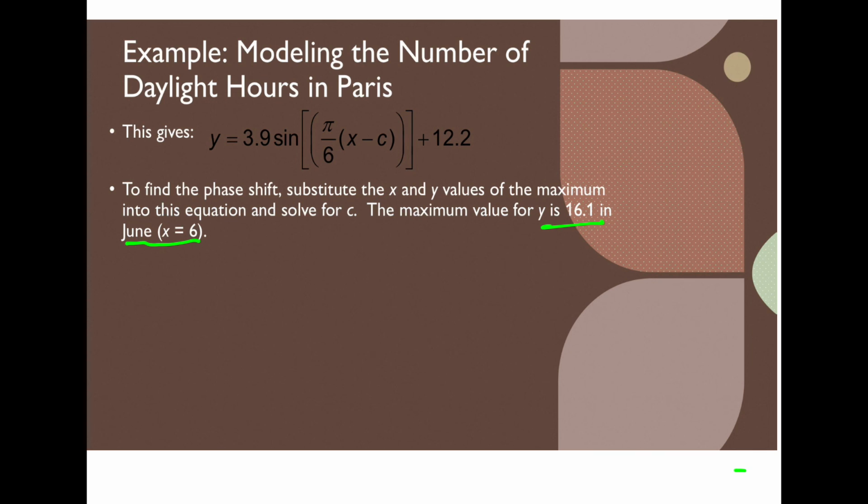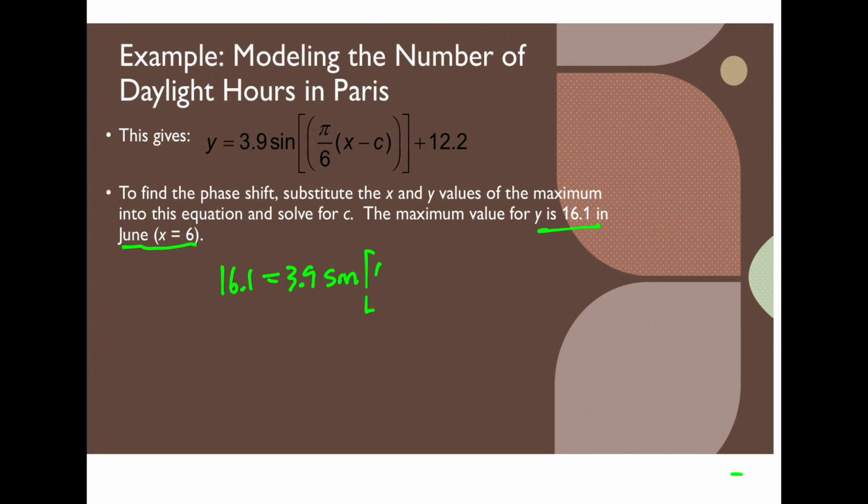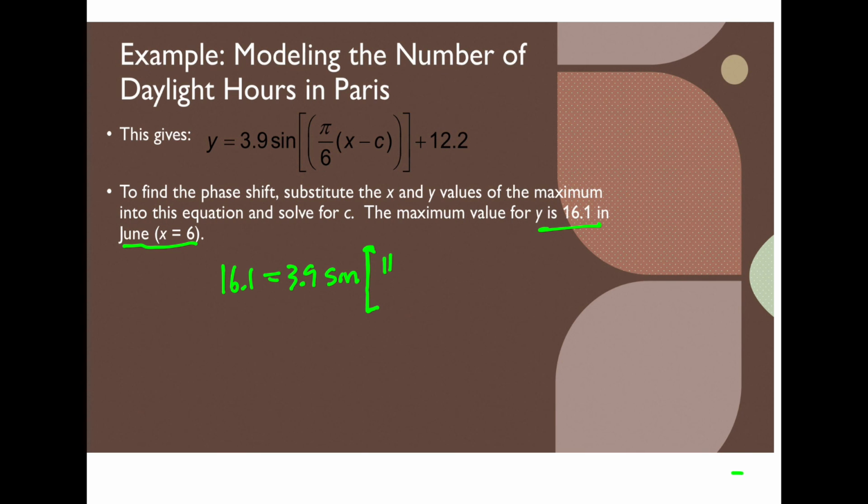They say at June 6th, we have 16.1, and that's our maximum value. So let's go ahead and plug that in. X being the month, right? Month of June is x equal to 6. And so we put that in. That gives me 16.1 equals 3.9 times the sine of... Oops. I don't know why they put that extra parenthesis in there. I'm going to actually remove that. So we already have this parenthesis. So we have sine of pi over 6 times x minus c